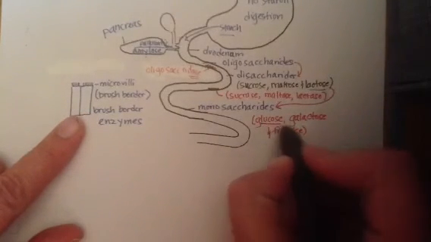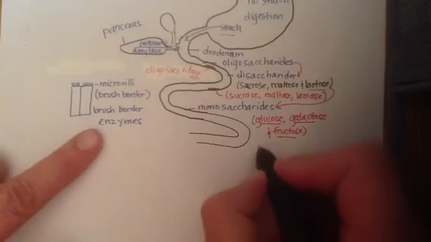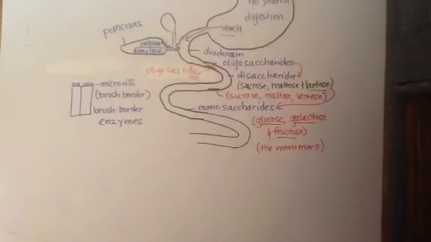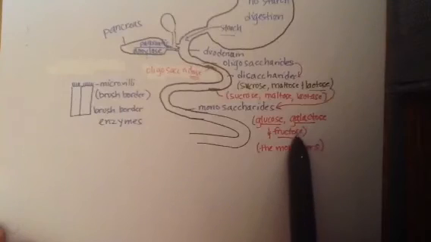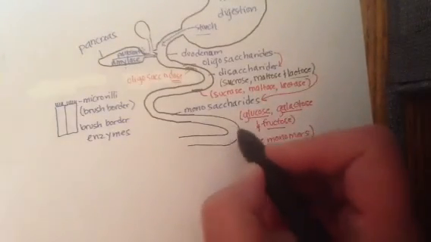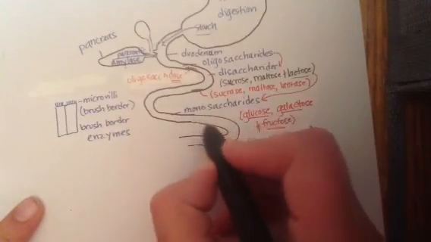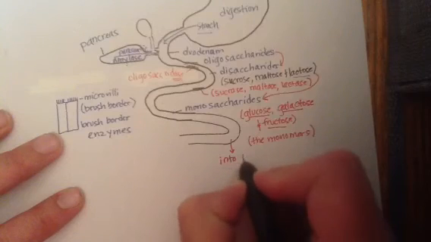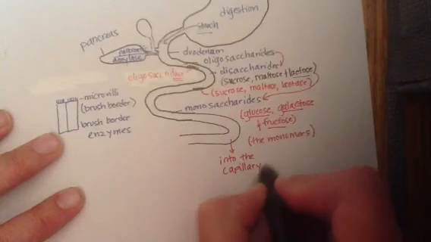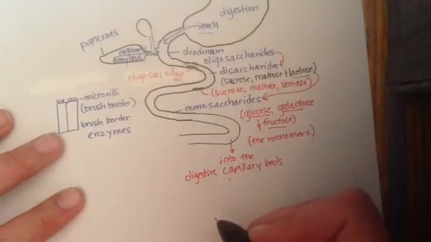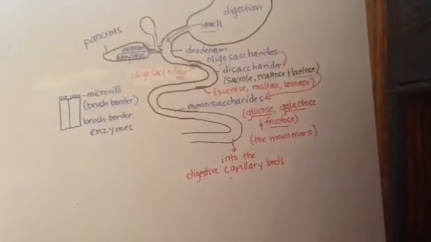When we look at these 3, the glucose, the galactose, and the fructose, these 3 are the monomers for carbohydrates. All carbohydrates will eventually be broken down into one of these 3, glucose, galactose, or fructose. Once you have broken them down this small, now they can actually be absorbed into the body, and so they move from the small intestine into the capillary beds. Let's add this into the digestive capillary beds, and right into that bloodstream. They are going to be absorbed there,